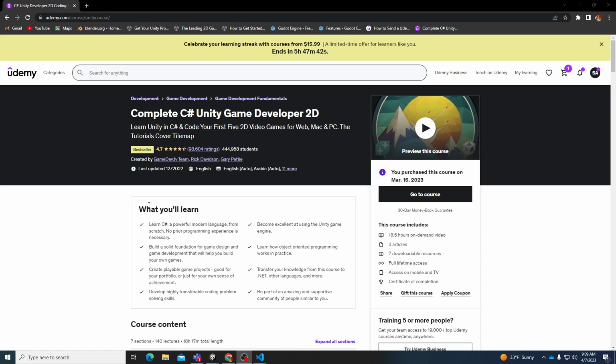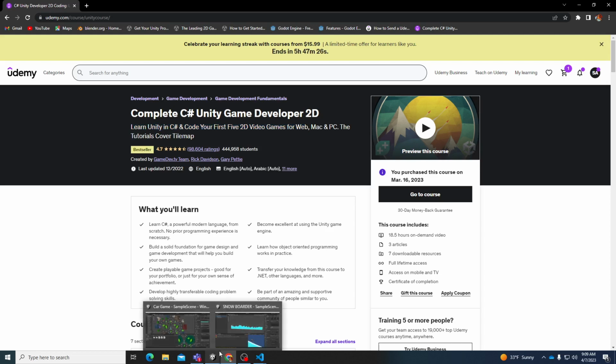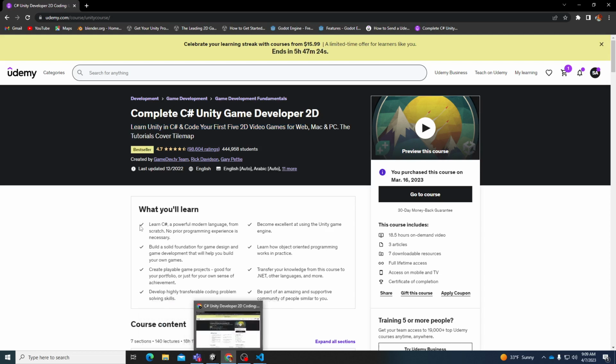So instead, I decided, hey, let's learn how to code Unity first. I wanted to learn C Sharp and 2D specifically. Eventually, I want to learn 3D, but for right now, I'm just going to do 2D. It's easier because in 3D you're adding a whole new dimension, the Z, and that takes a lot. So I decided to take this class,